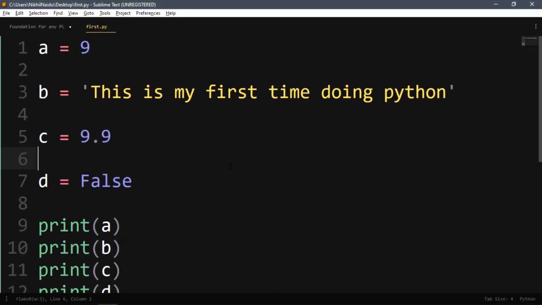In Python, it doesn't matter what type of value a variable stores, but in a lot of strongly typed programming languages, it does matter. The value should match the variable's data type. But in Python, it's not a problem, so you don't have to worry a lot. We'll see how it affects things in our next videos.